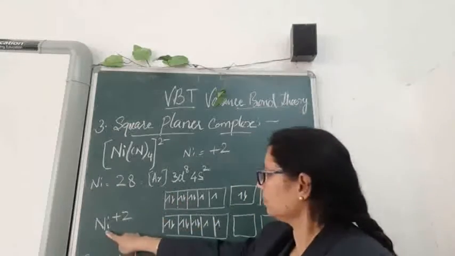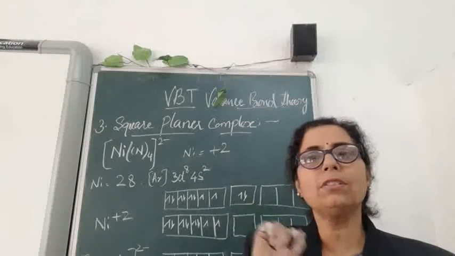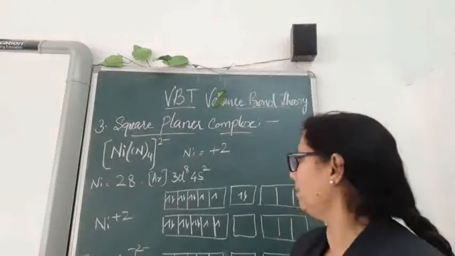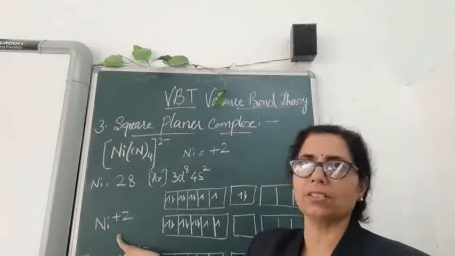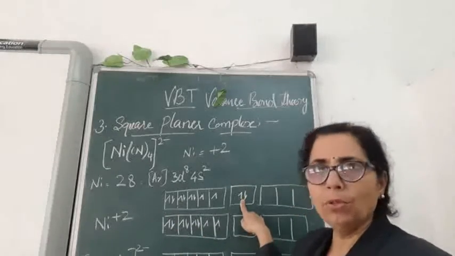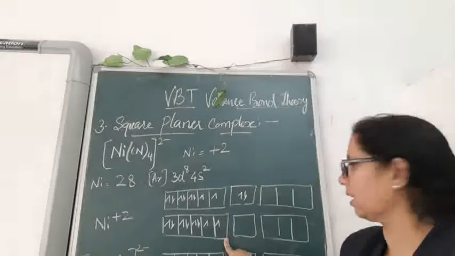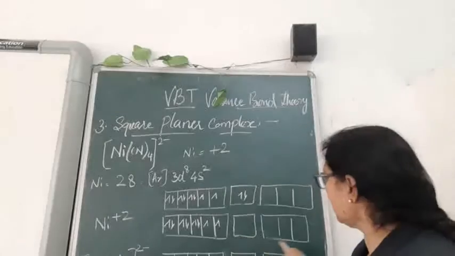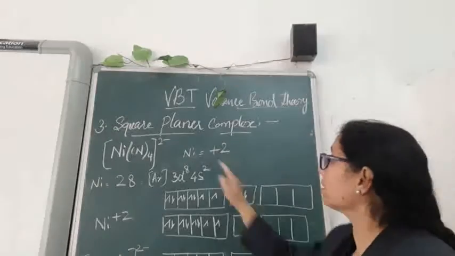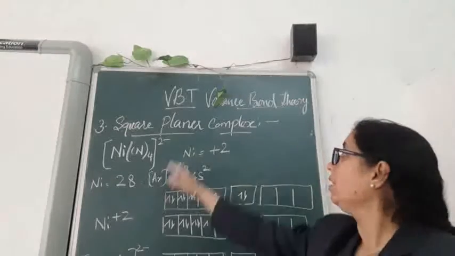Here again, in the earlier tetrahedral example, you might have noticed that the oxidation state of nickel was 0, but here nickel has +2 oxidation state. For +2, these 2 electrons which are present here will be removed, because only after removing them will you get the +2 state. Now this is the +2 state of nickel, having 2 unpaired electrons. You can see 4 orbitals are available, but this compound will not show tetrahedral geometry. It will show square planar geometry.